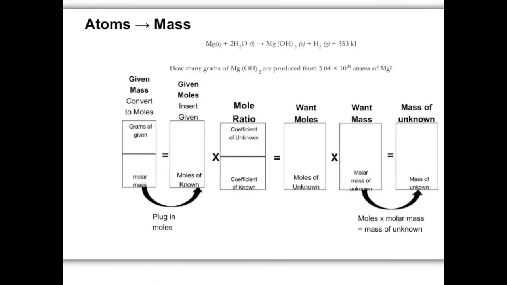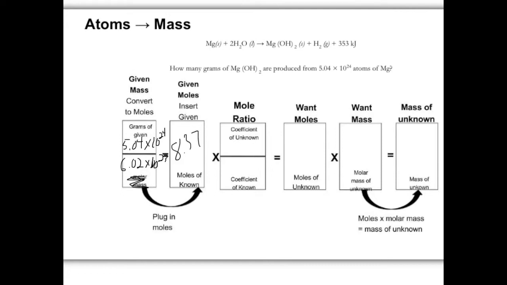All right, so now we're going to go from atoms to mass, and we're still going to start in the first box. The difference is we're given 5.04 times 10 to the 24th, and instead of molar mass on the bottom, we're including how many molecules or atoms would be in any mole of anything, which is 6.02 times 10 to the 23rd. A little hard to read there, but it's 6.02 times 10 to the 23rd. So we divide 5.04 times 10 to the 24th by 6.02 times 10 to the 23rd, and we get